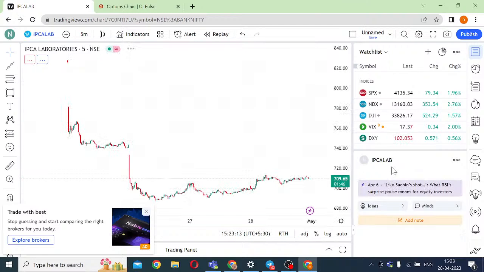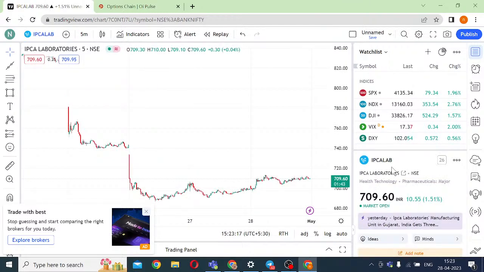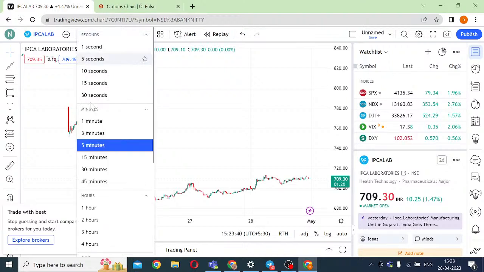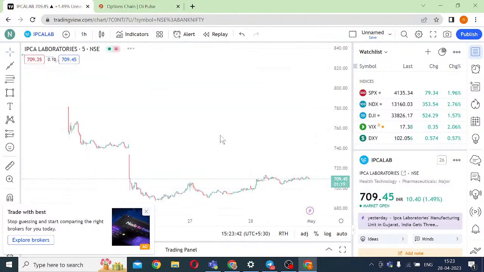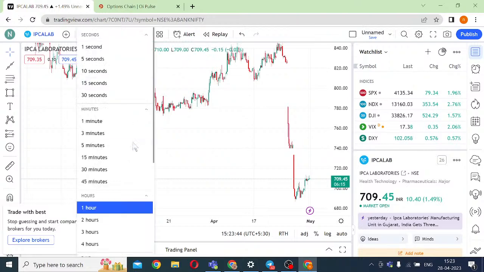For people who have not made money using options, try to take this intraday setup. This intraday setup works well even for people with low capital. The setup works wonderfully well in stocks and options both. In options, I prefer indices, not stocks, but in cash market stocks it works well. You can try this setup multiple times. Initially don't try it with money, because you need to firm up your mindset first.